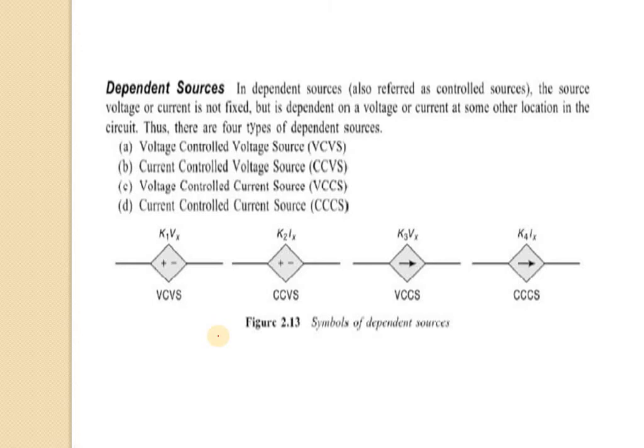One is voltage controlled voltage source. Second is current controlled voltage source. Third one is voltage controlled current source. And fourth one is current controlled current source. These are the diagrams,